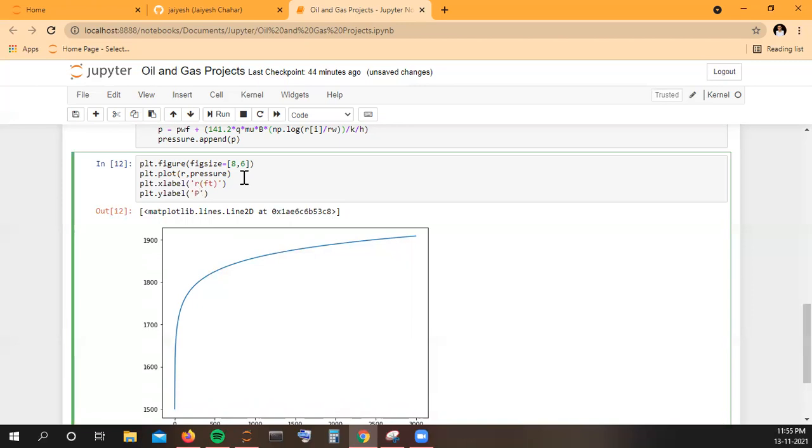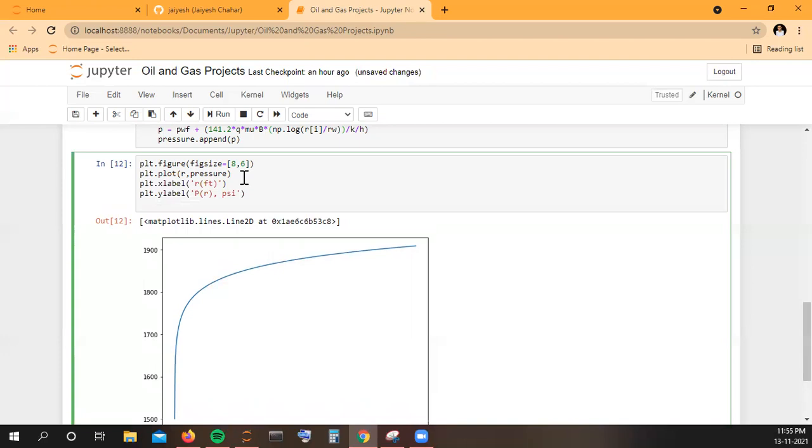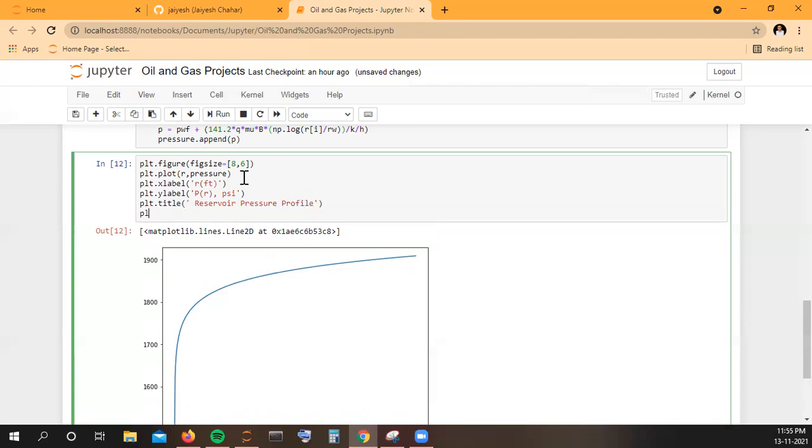Let us take P at R, and it will be in PSI. And the title: reservoir pressure profile. What else? We can also add the grids, plt.grid.